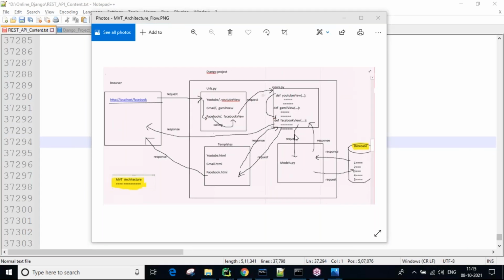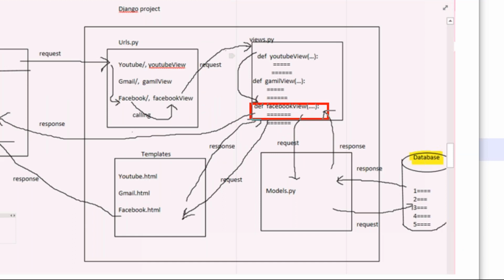Next, our views interact with other views to exchange information. One view's input and response can be used as input to the other view.